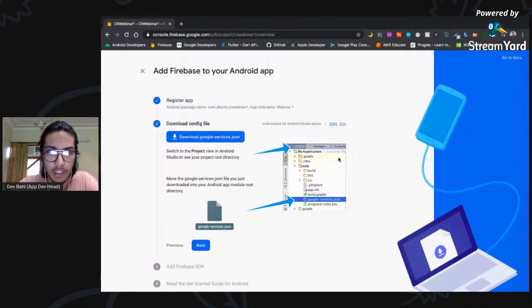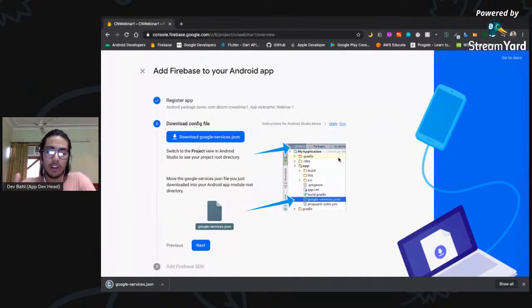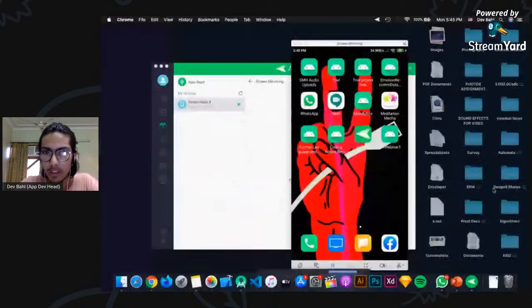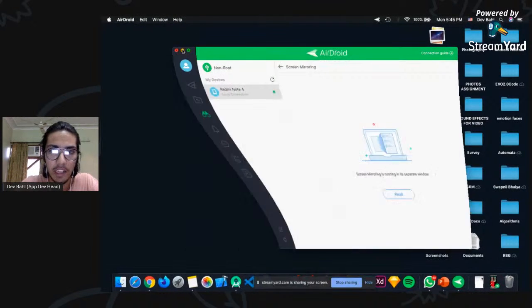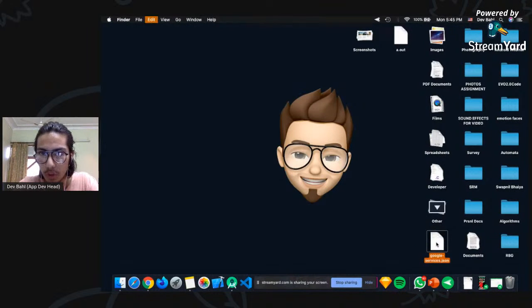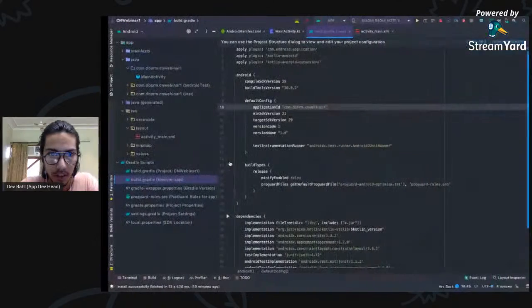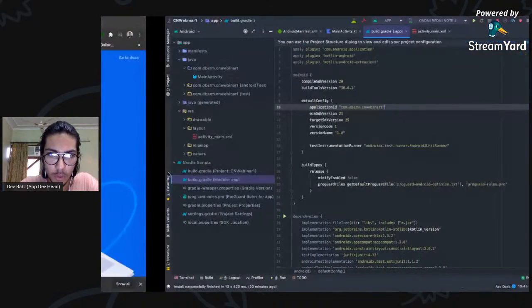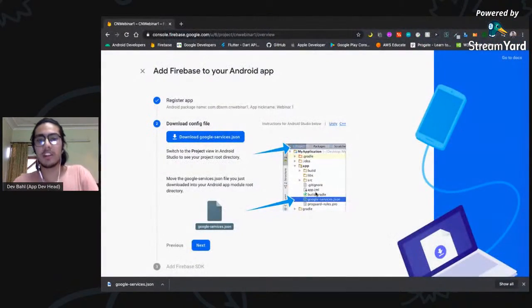It is a JSON file which contains all your, basically, sensitive information like client ID or something, and we have it here. We copy it, and see, they've shown that you have to go to project and then drop this file